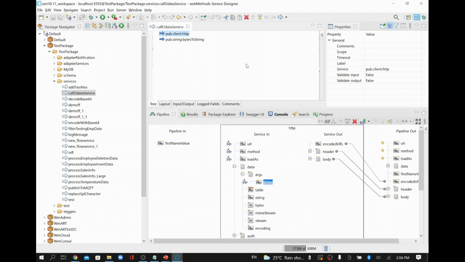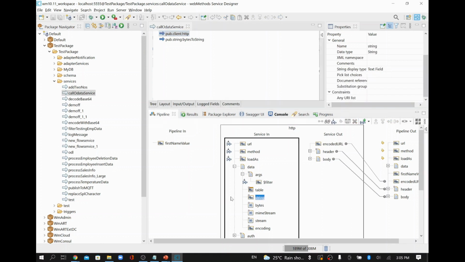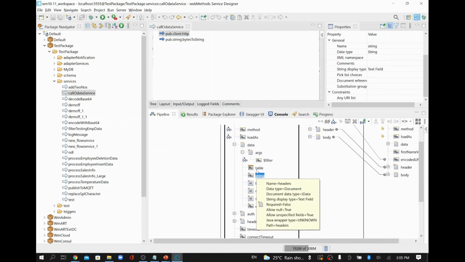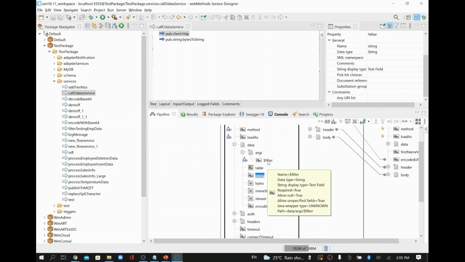So this way we can consume any kind of OData service from webMethods. The only thing is, what we tried here is the GET method on some OData service. For example, if I need to update some record, then the method will be POST. So you will select a POST method, and as it's a POST method, you won't pass anything in an argument. Maybe you will pass the information in your payload, which will go here as a string, or it might go in a header also. So based on the requirement, we will pass the relevant information accordingly.